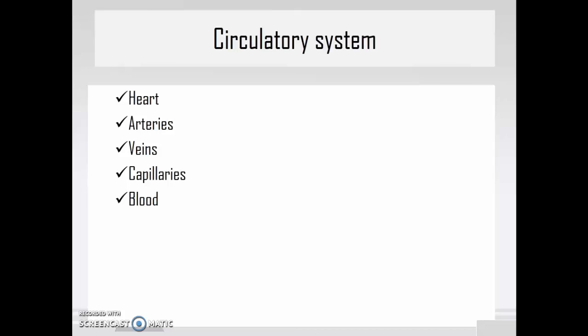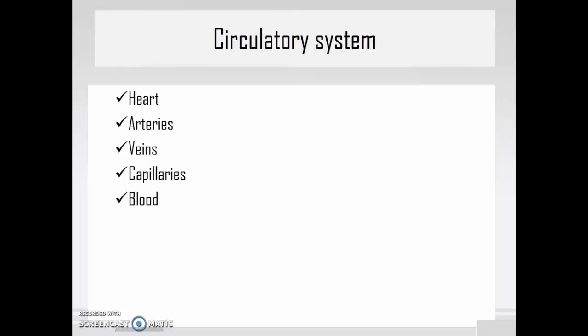So when it comes to the circulatory system, it's made up of several organs. Heart is the main circulatory organ. Arteries, veins, capillaries, gas exchange takes place in capillaries, and blood is there. All these organs aligned up here are part of the circulatory system. And when it comes to the human heart, you need to keep in mind that it is 4-chambered. It has 4 chambers, that is 2 auricles and 2 ventricles, and the heart pumps the blood. In the heart the blood gets purified, and then the blood transports it to each and every cell of the